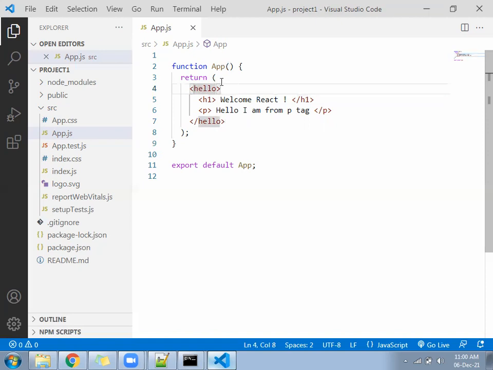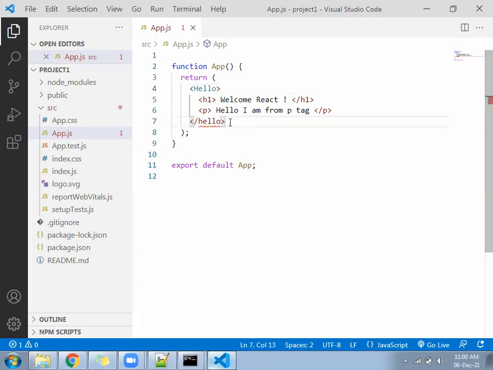So remember, when the H1 tag was there, it was working. When we added the paragraph, it got broken. Then we applied the division, it started working. Now we remove the division and add our own tag, hello tag, open and close. It is working. Now in hello, keep H as a capital, start with a capital H and end with a small h.